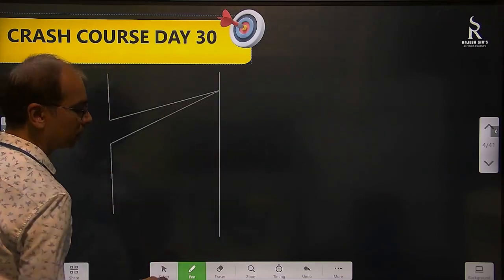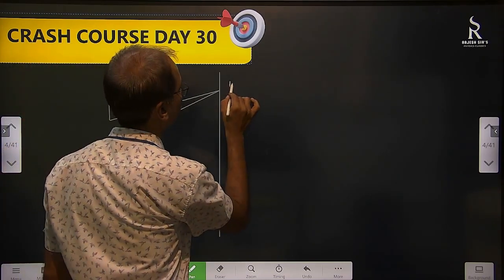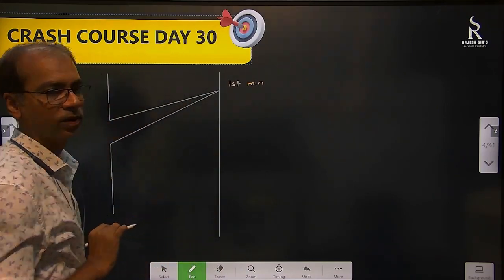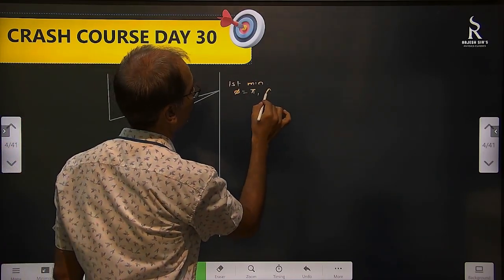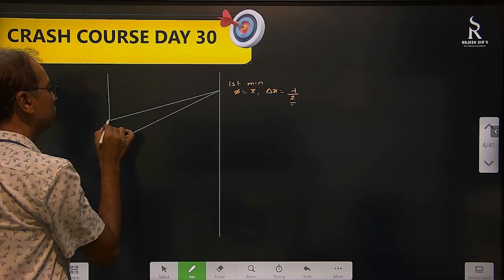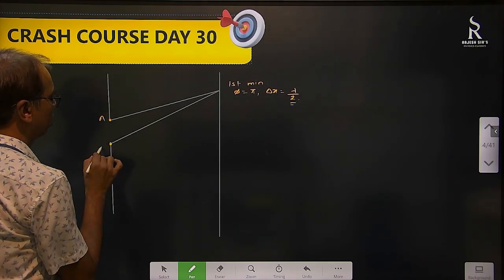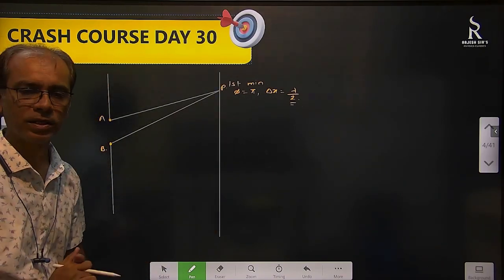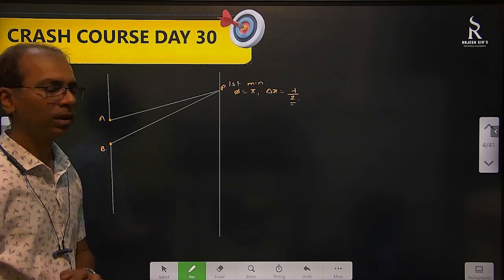And minima means what? Minima means where intensity will be 0. Okay. First minima. Intensity 0. How much should be the phase difference? Phase difference should be pi. Delta x should be lambda by 2. Okay. So 2 points you have taken. This is A and this is maybe take B. And this is point. So what Fraunhofer said, if you want your minima, if you want 0 intensity, then between